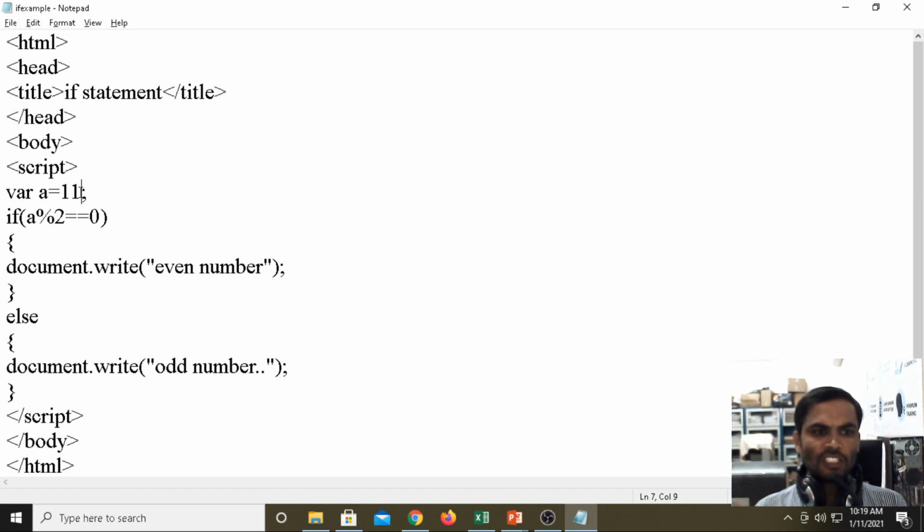quotient value, if you are getting 0, then we are considering it as an even number, not remainder. The remainder means it is a modulus operator, not the division operator. For the division operator, if you are getting the remainder as 0, then we should consider it as an even number. Now here, if you are dividing 11 by 2, 5 2s are 10, the remainder we are getting is 1, so we are getting an odd number. If the remainder is 0, then we are getting an even number.